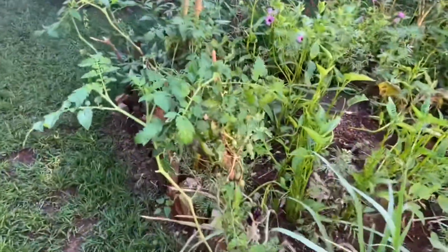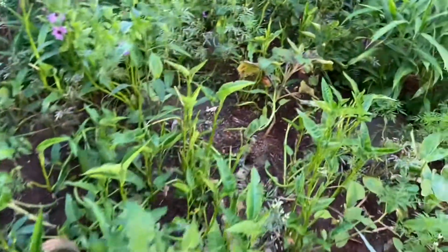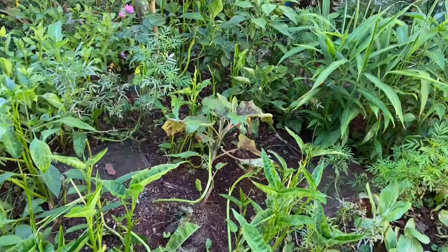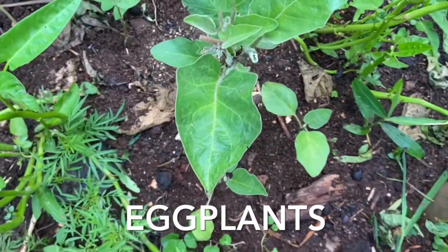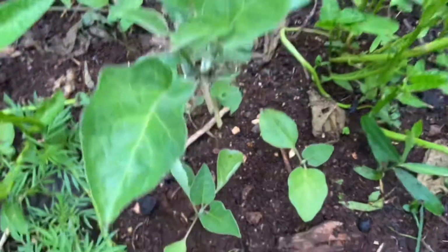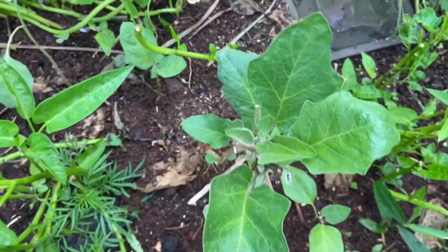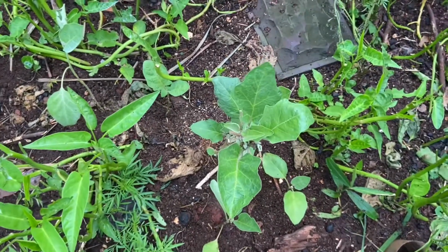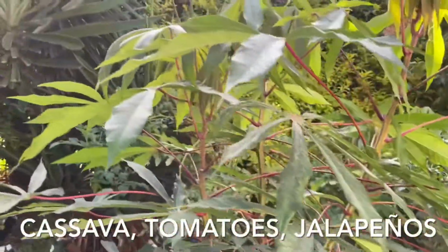Some tomatoes here in this side of the garden, and of course a lot of eggplant. So in this section of the garden we're growing some eggplants. This is the Black Beauty variety, so you can see a few of the babies and then one that's maturing a bit faster. So it's going really well, and we use it quite a lot for our cooking as well. A bunch of cassava here in the corner as well, as you can see,